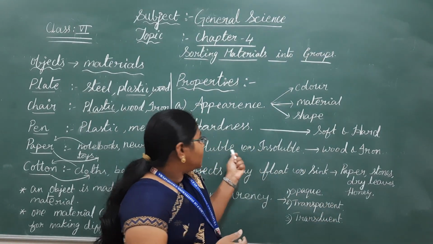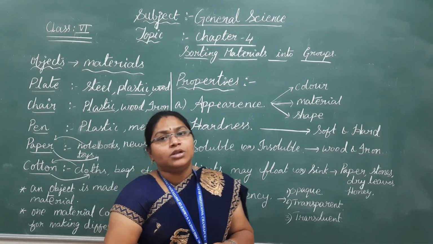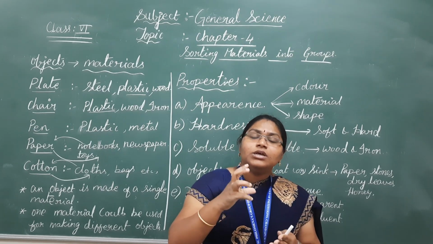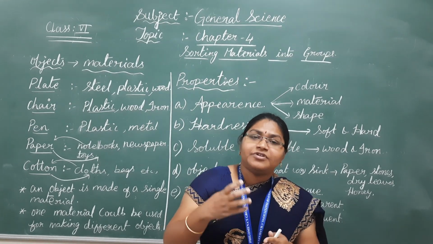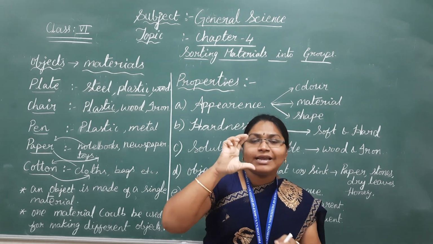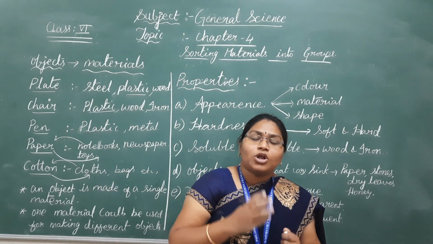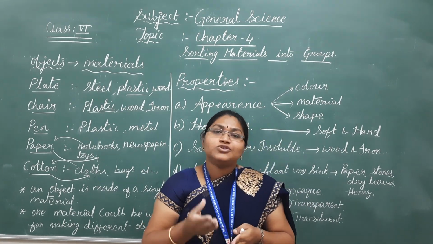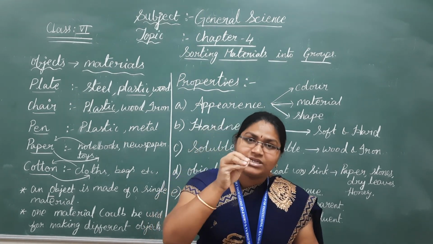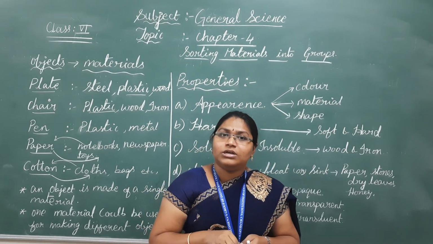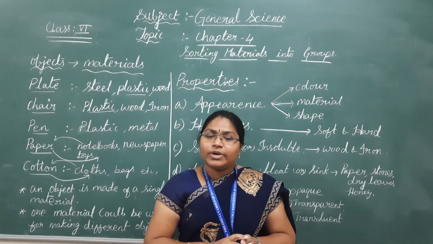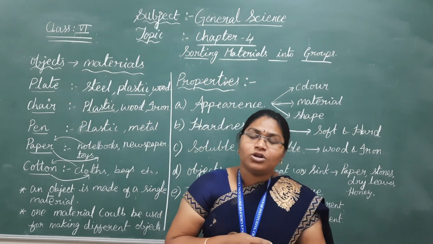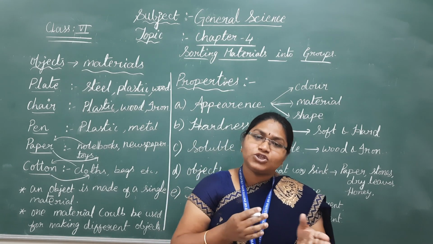Next one is soluble or insoluble. What do you mean by soluble? If you mix any substance in water, the substance may not be visible after some time. It mixed with water and you get a clear solution. That is called solubility. Scientifically, any solute, meaning any substance which is soluble in water or solvent, we call soluble. That is called solubility nature. Which is not soluble in water or is partially soluble, we say is an insoluble substance, insolubility.